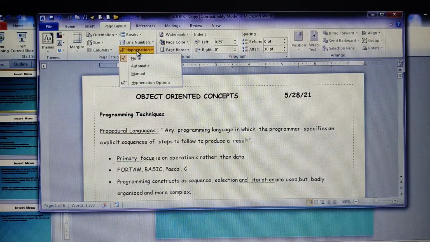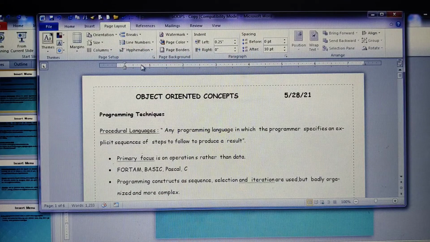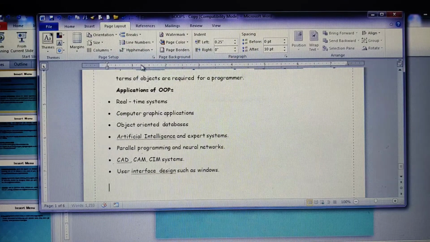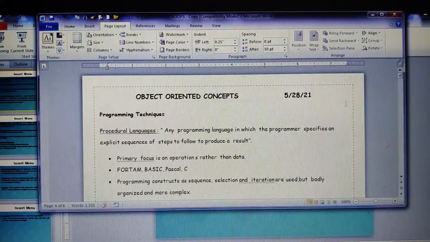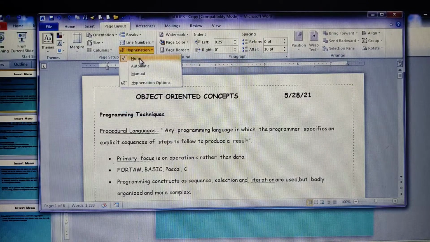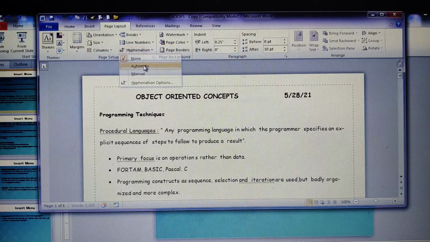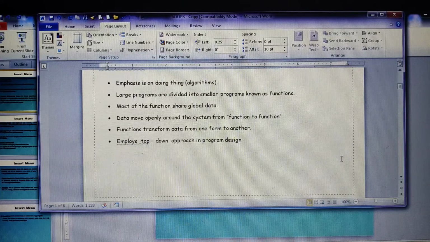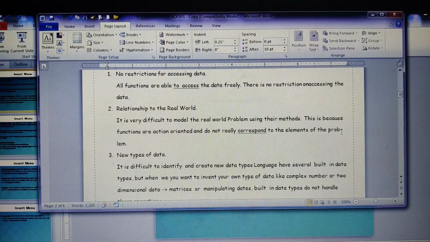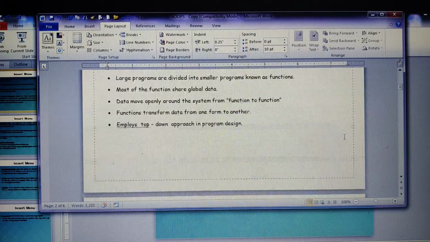So click on hyphenation. If I go on to the automatic, see, observe the differences here, the hyphenation. Okay, so we have an example here. Look at the document clearly. I'll just click on to the hyphenation and I'll go for automatic. In my document, if I click on to the hyphenation, wherever the hyphenation is needed, automatically by default the hyphenation will take place. See here, explicit, sequence, here we got a hyphenation, here we got organized as a hyphenation here, right? Wherever it is needed, see, problem, here we got a hyphenation.